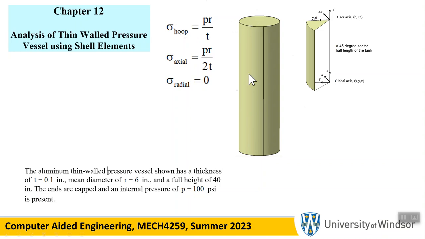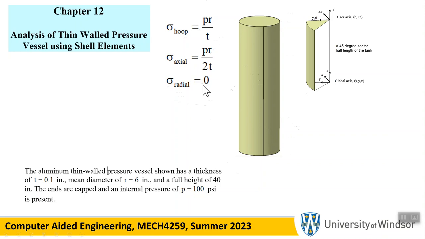So if you have a pressure vessel here with wall thickness T and mean radius R, and it's internally pressurized, for example, then there are three principal stresses: the hoop stress, which is the tangential stress, the axial stress along the line, and the radial stress, which is in the depth direction, the thickness direction of the shell. Now that is zero, very small actually, and because we solve these things with shell elements anyways, that's assumed